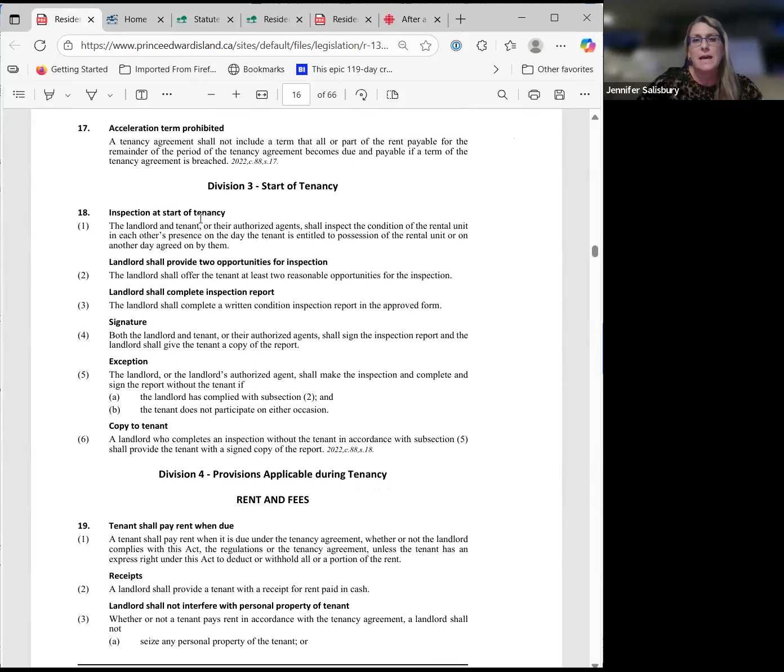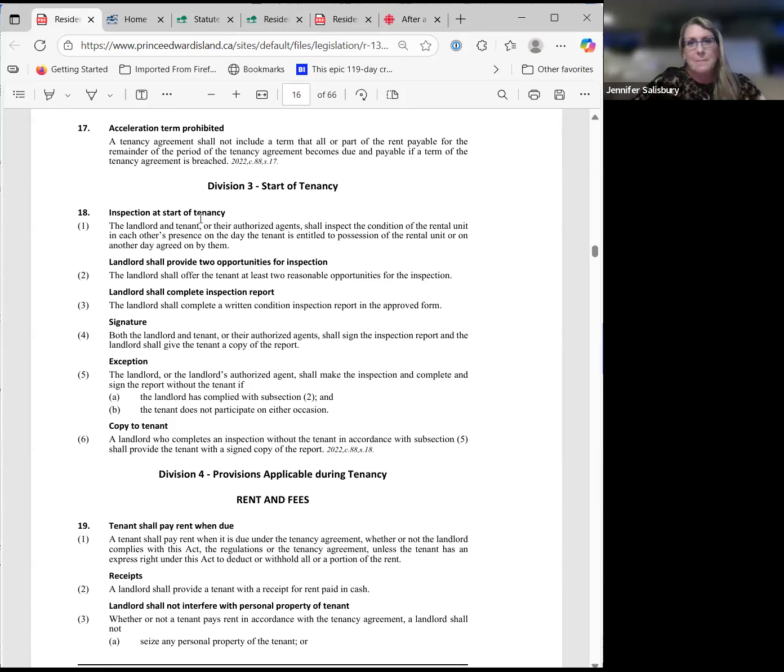Okay, acceleration term prohibited. What this means is that if the tenant signs, let's say, a 1 year lease, and 6 months through, or sometime before the end of the 1 year, the tenant comes to you and says, I have to break my lease because of whatever reason, then what an acceleration clause means is the rest of the rent for that year is due and payable from that tenant. The answer is no, you don't do that. There are quite a few places where an acceleration term is not permitted. So they basically can break the lease. Now, you can charge them a fee for that,